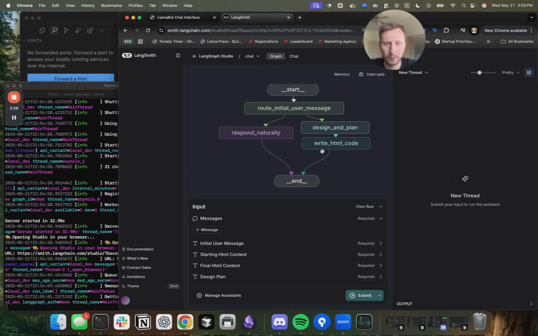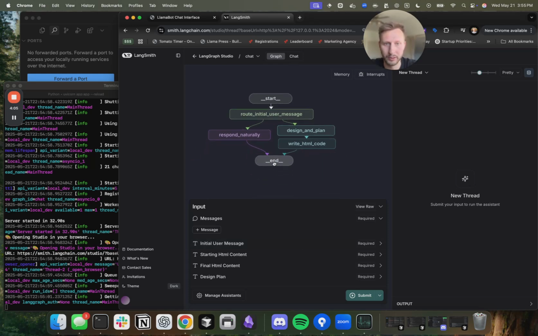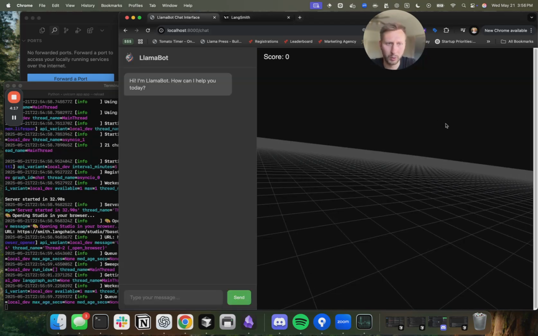But the thing that's just most important is now we can actually run our workflow. And the other thing that's really cool about this is we can very quickly save a state out from a LangSmith trace and then rerun stuff in the future. I'm not quite ready to show you yet, but